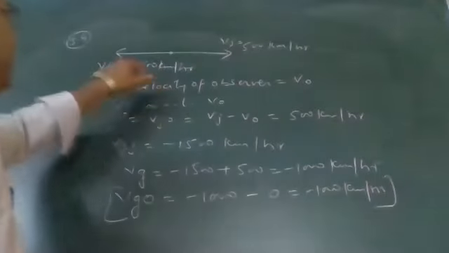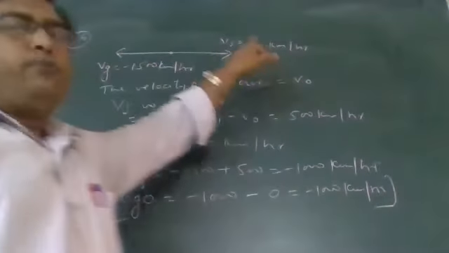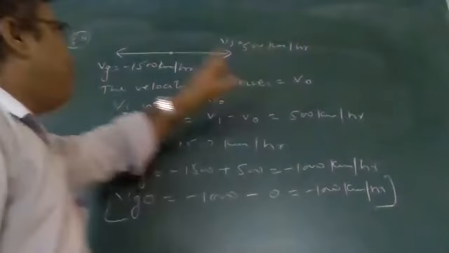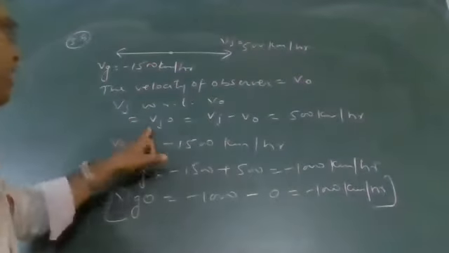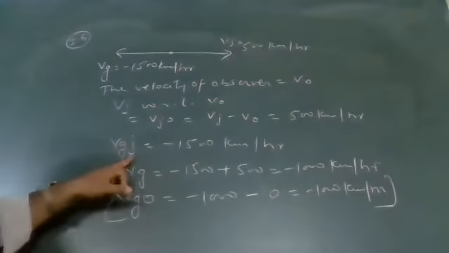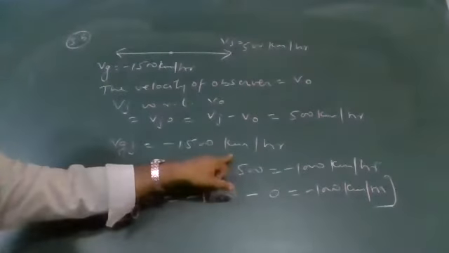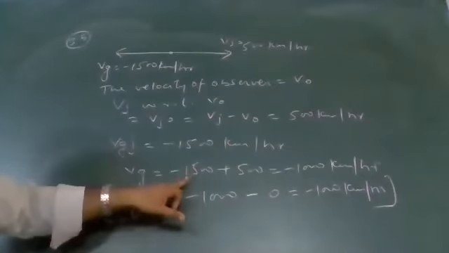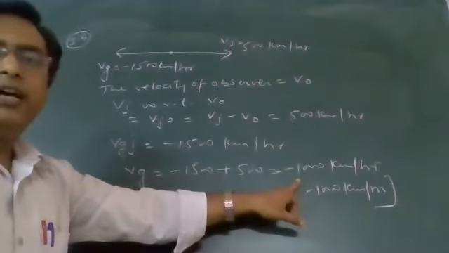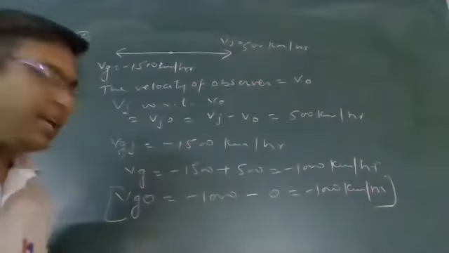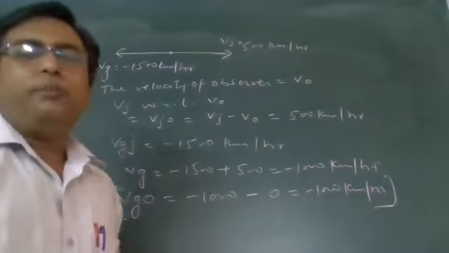Carefully. When I did velocity of gases with respect to plane is minus 1500. Velocity of jet plane is 500. So what is velocity of jet with observer? That is 500. And velocity of gases with jet, it is relative, minus 1500. So what is the velocity of gas? Velocity of gas, I find out, you will get here minus 1000 km per hour. And velocity of gas with respect to observer placed on ground, it will be minus 1000 km per hour.